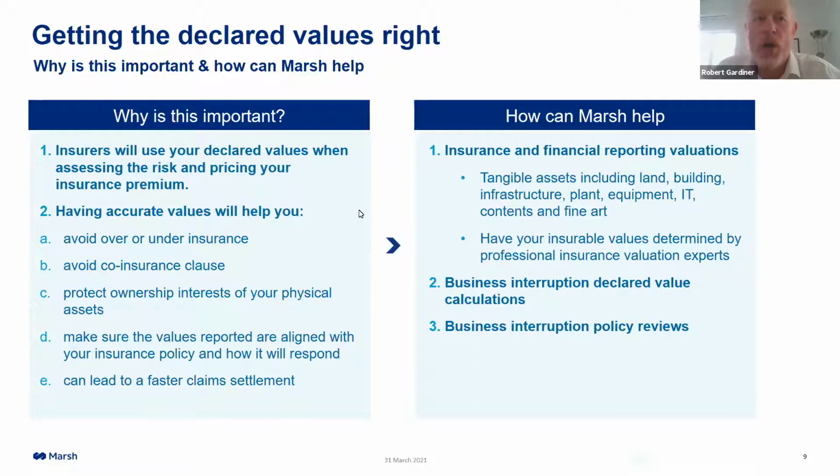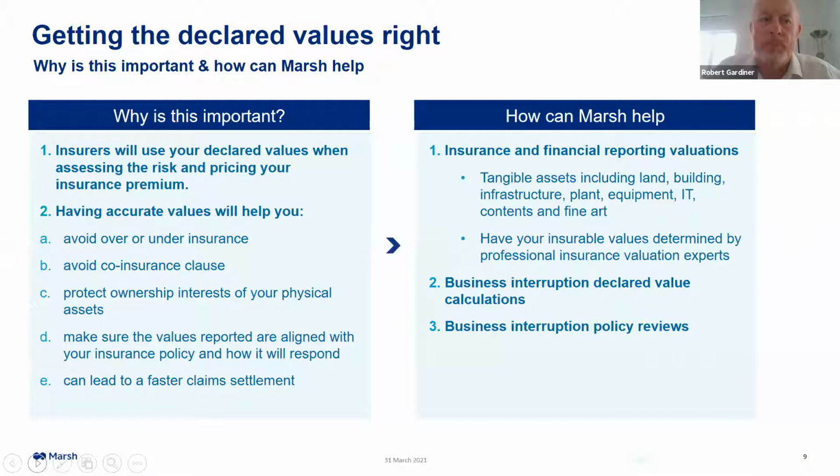Firstly, to avoid overstating the values. As Zane talked about, in a market where prices are rising, overstating those values potentially is incurring unnecessary premium that could be allocated elsewhere within the business or reallocated to other insurance programs. But the other risk, the converse risk, is understating those values. And that becomes material when, if we have a claim, we run the risk of a part settlement. So it's important we get those right, to mitigate the risk from either overstating or understating the risk.